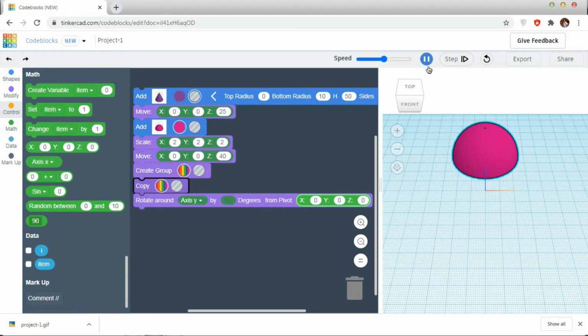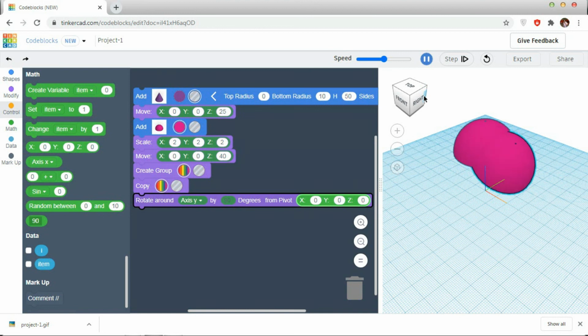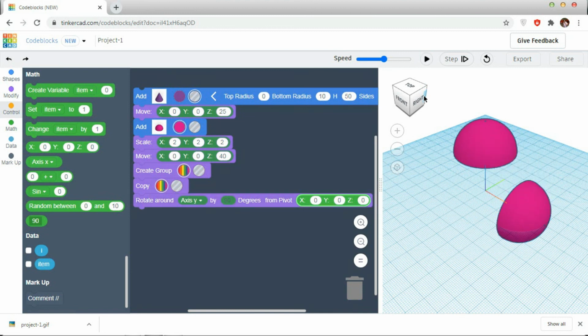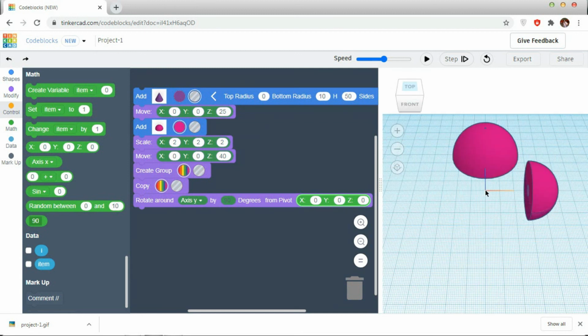Object created, copied. My pivot is at the center of the plane. The rotation will be made from the 0 position of all the axes. So this will be my 0 position. My center of the half sphere will be here. It is rotating from the pivot to 90 degrees, which means it will come over the plane.